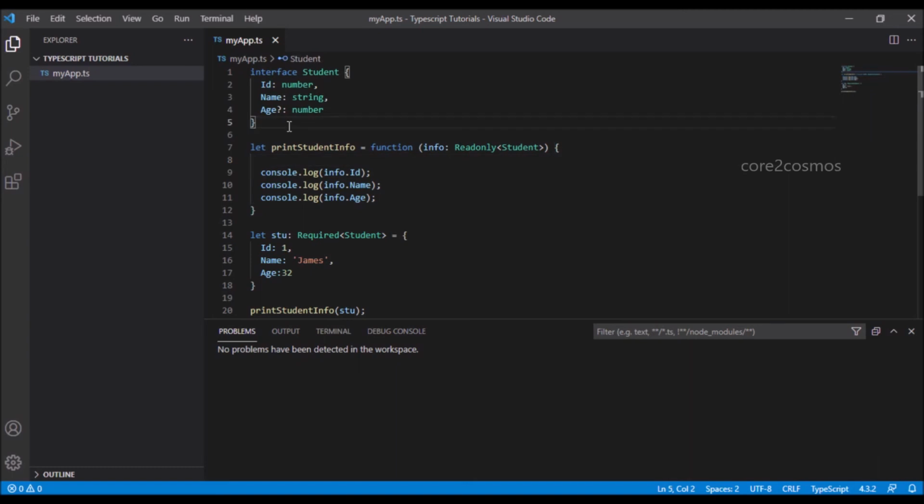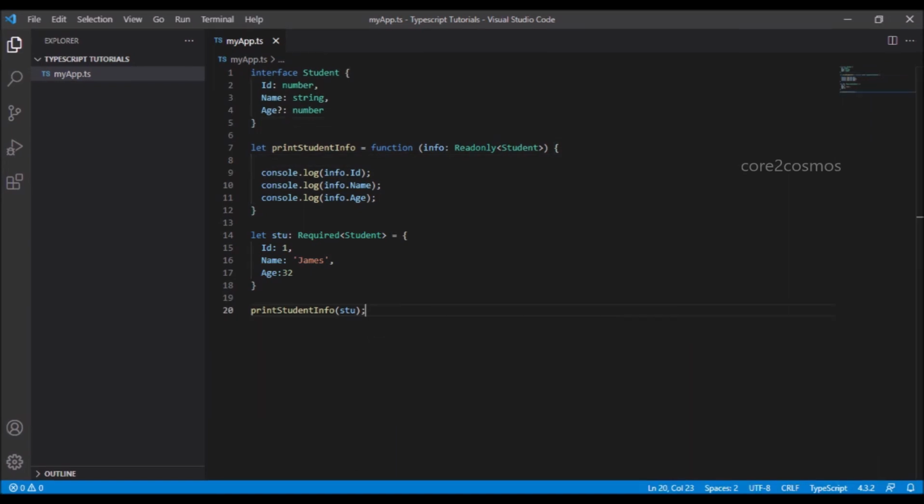In TypeScript, if we do not want to enforce the usage of an interface property where it is used, then we can make use of the Partial utility type. If an interface property is declared as nullable and still we want to enforce its usage, then we can make use of the Required utility type. If we do not want the value of the interface property to be changed during execution, then we can make use of the Readonly utility type.